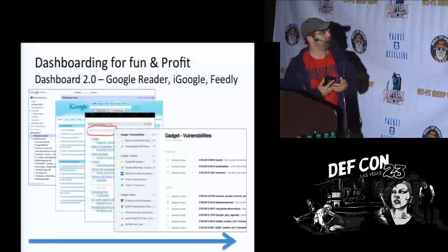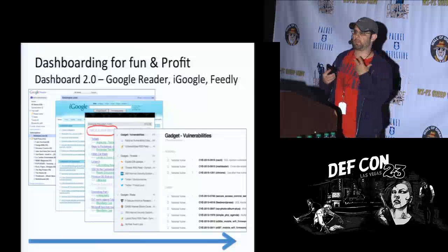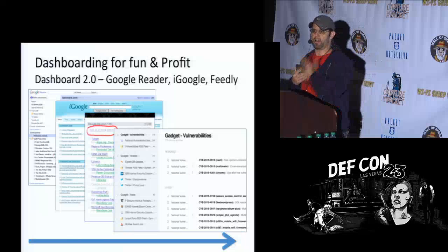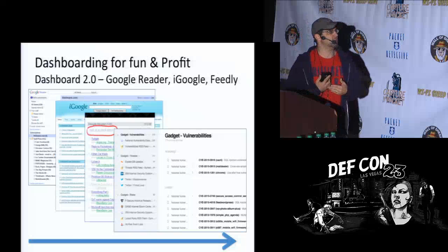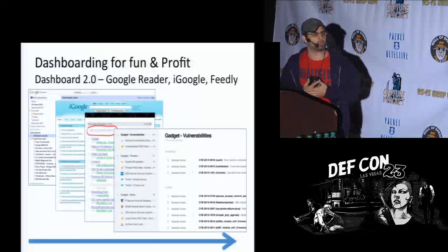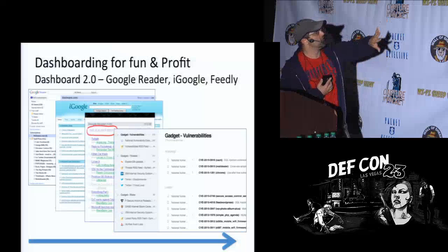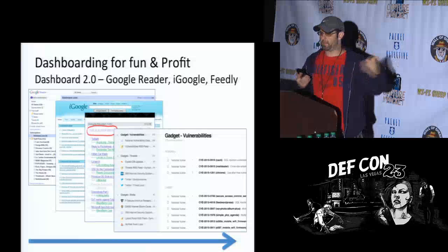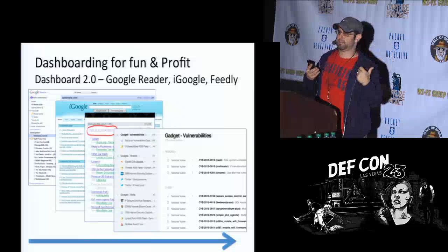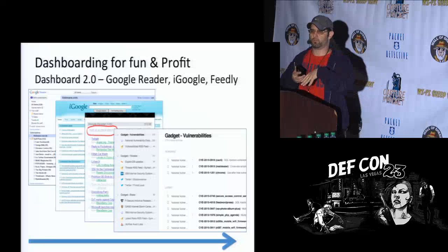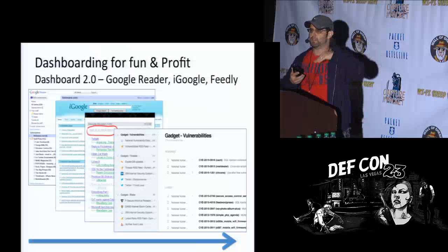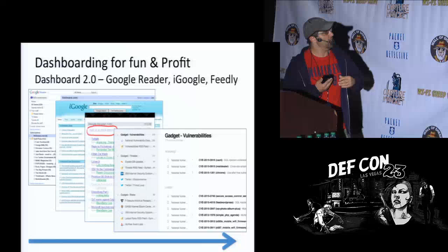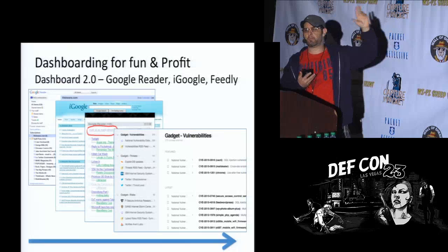But then I moved on from that job, but there was always a lot of great stuff. And as an analyst, I wanted to be able to stay on top of what was going on, just staying on top of the situational awareness. So a long time ago, there was Google Reader, right? And I would basically take all those feeds that I did in that prior job, and I would pull them into Google Reader, and I would break them down into those same categories. And it worked well. And the cool thing, who remembers iGoogle?